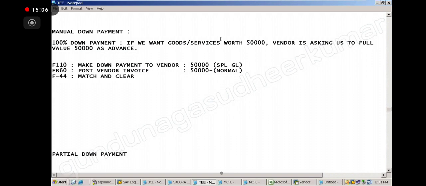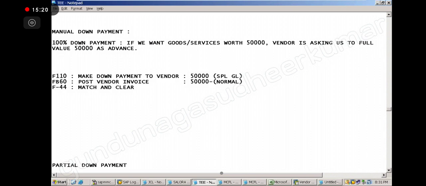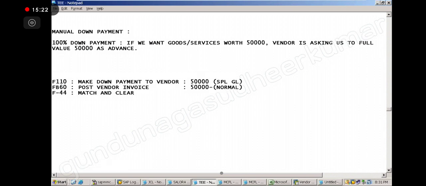F-48 is manual, F110 is automatic payment. But here I cannot directly do F110. APP does not have a sixth sense.